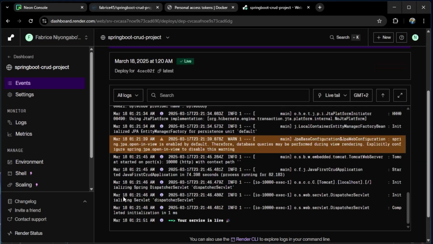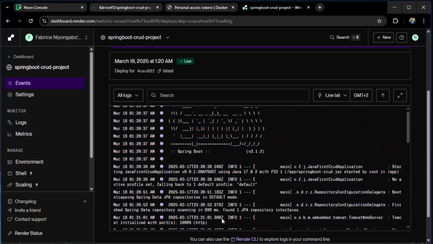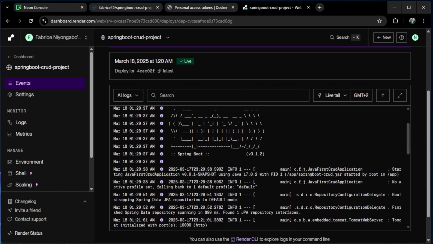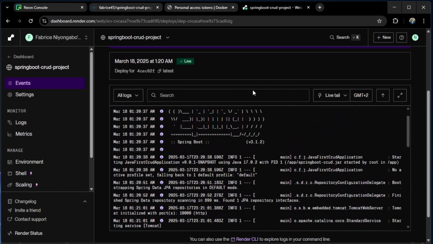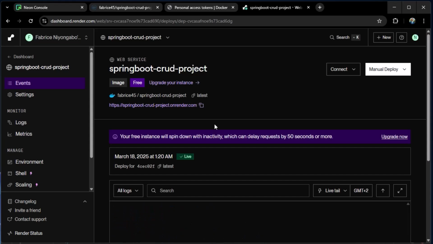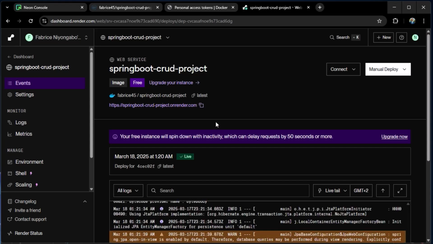Okay, nice. You can see that our service is now live. So now let's go ahead and test our application. And also one more thing that I forgot to mention is that since we are using a free account, Render will spin down our application anytime we are not using it.